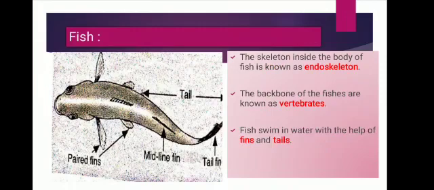A fish has a streamlined body. Streamlined body means being thin in front, thick in the middle and again thin at the back. This shape is called a streamlined body. Due to the streamlined shape, water can easily flow around the body of the fish and offers least resistance to the movement.